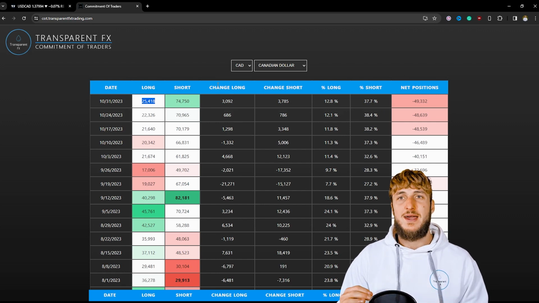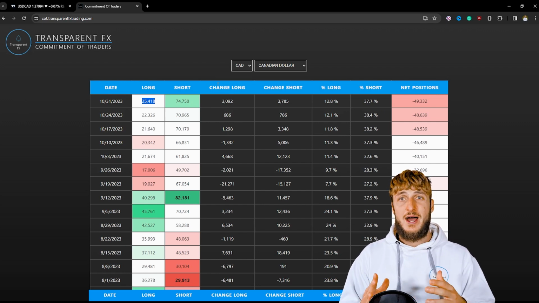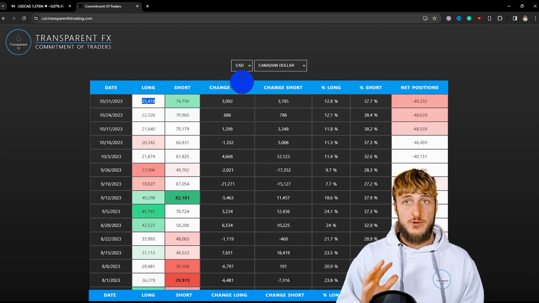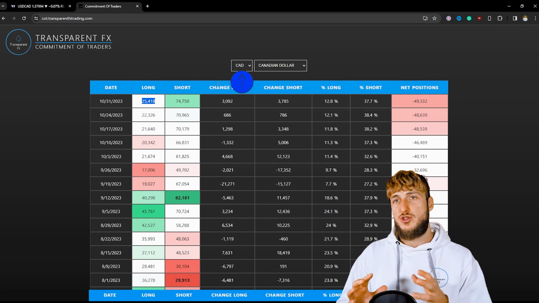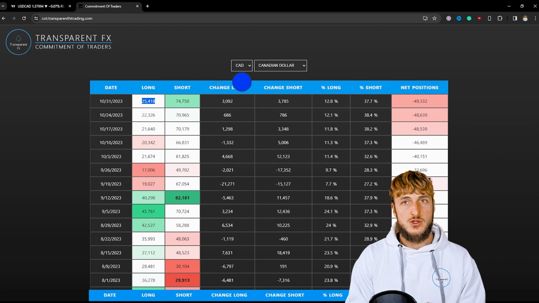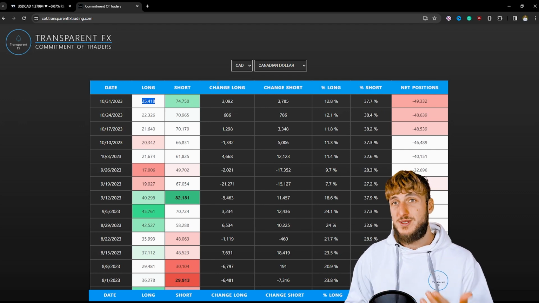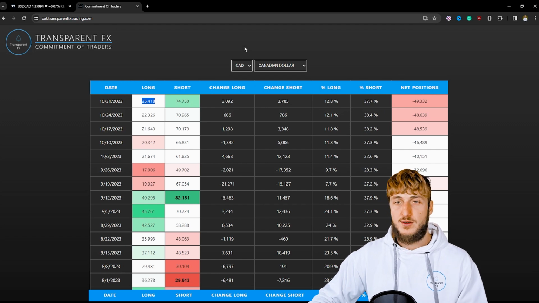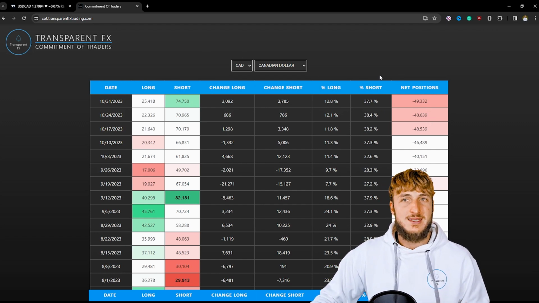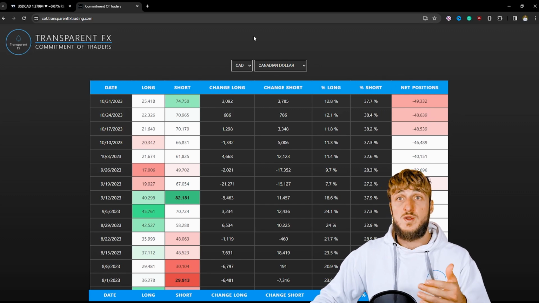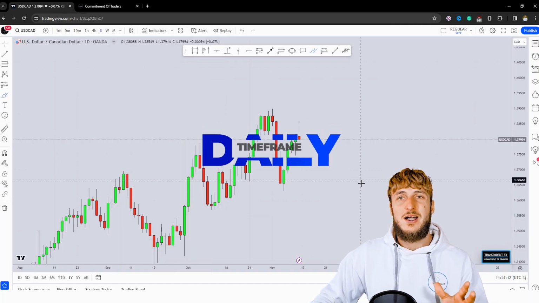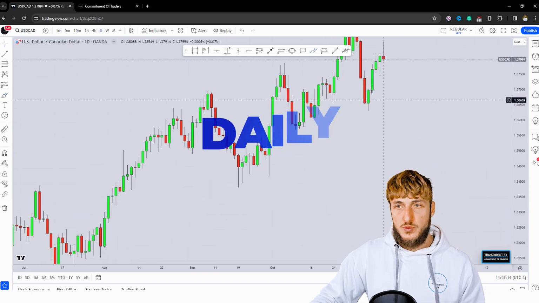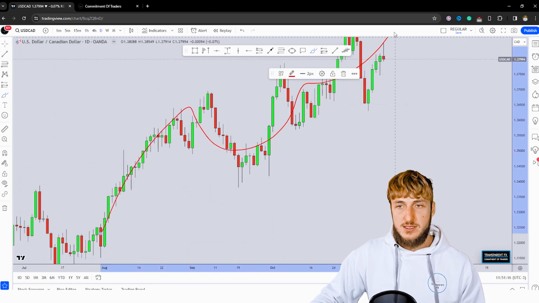Now, we have to keep in mind that all currencies on the spot are traded against the USD. So if you're checking the data for the CAD, you're actually already checking CAD USD. So if we want information on USD CAD, we simply have to reverse everything that we are looking at here, because institutions moving to the bearish side of CAD USD means that essentially they are longing USD CAD. So institutions are already moving to the bullish side of USD CAD, and that can be clearly seen by the